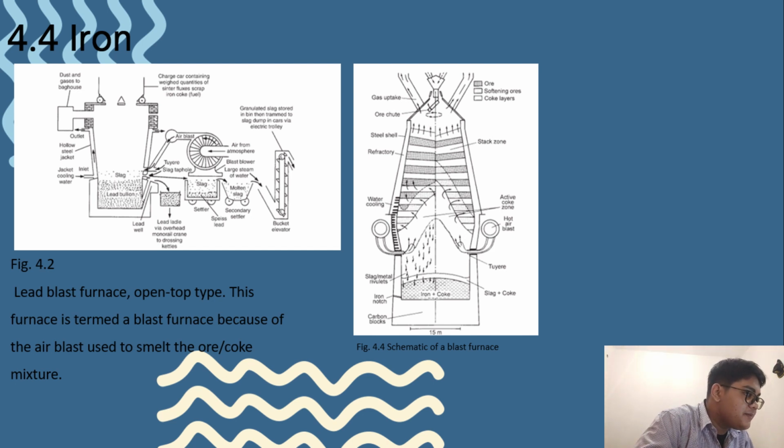This furnace is termed a blast furnace because of the air blast used to smelt the ore or coke mixture. The meteorites frequently contain large quantities of metallic iron, and the first iron used by ancient men was from these stones